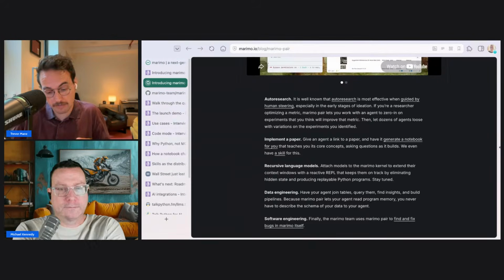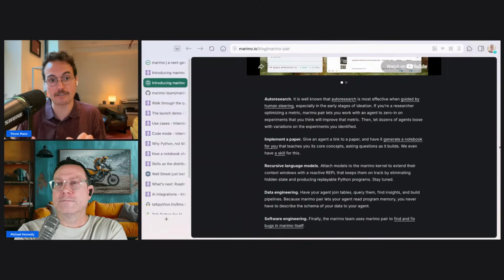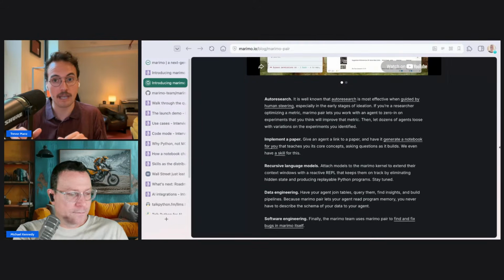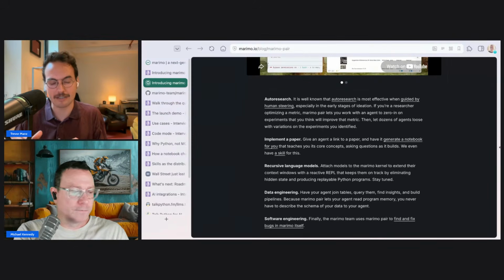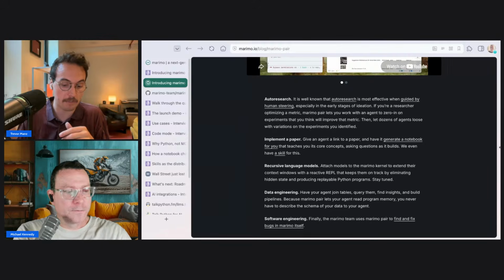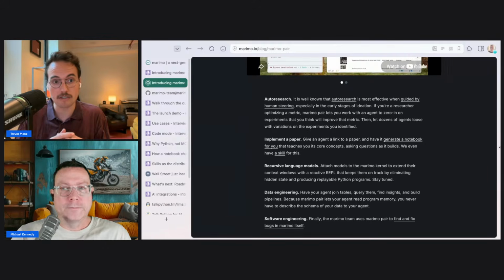You could even prompt, starting from your agent of choice, start a Marimo notebook using the Marimo pair skill, and everything needed to start pairing with Marimo is baked into that skill. After you've run that UVX command, you should be able to spin up a notebook, connect to it with your agent, and just start talking about some data or a notebook that you already have. Okay.